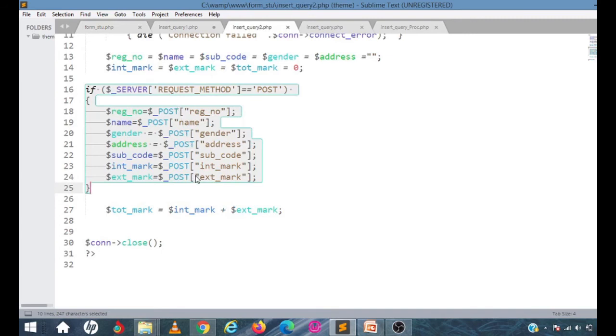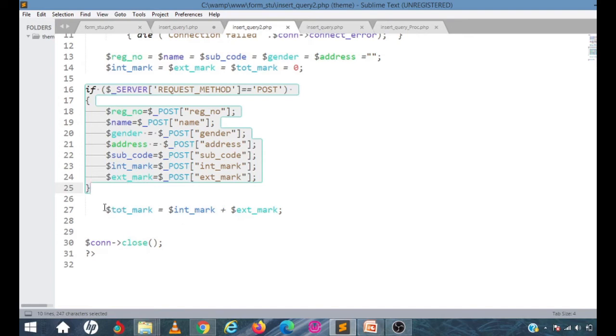So using this post method, this is an array. Post is a global array which will return the values submitted from the form. Once you click the submit button, the values will be returned. And I am storing all the values in PHP variables.